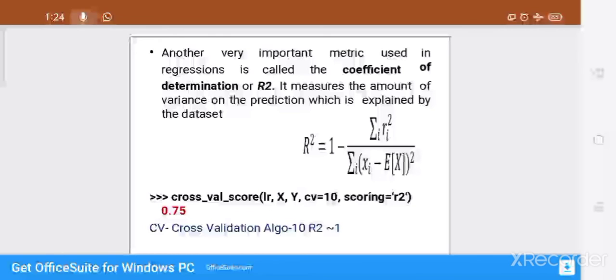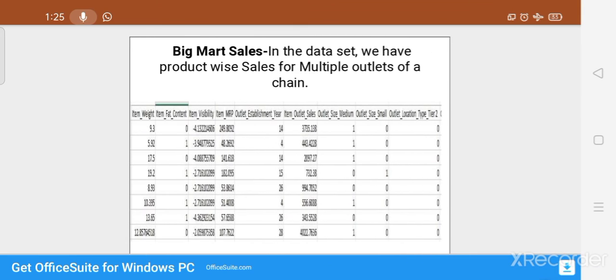To find out the variance between the actual data and the predicted data, this function is very useful. This is the example for the Big Mart sales. In the data set we have product-wise sales for the multiple outlets of the chain.